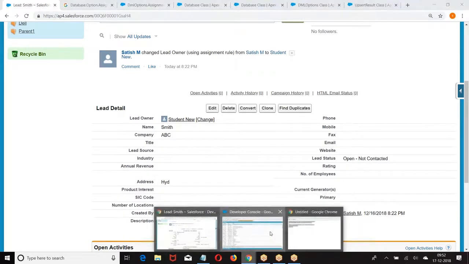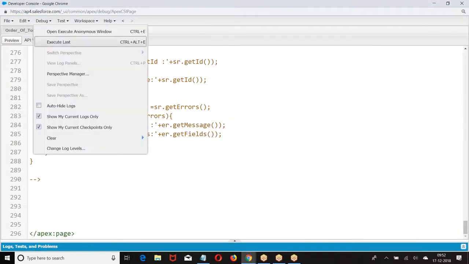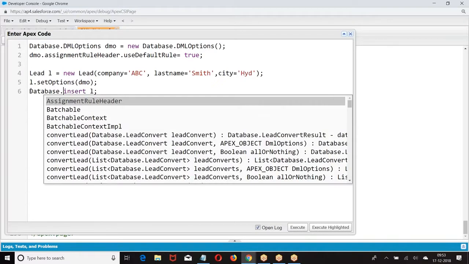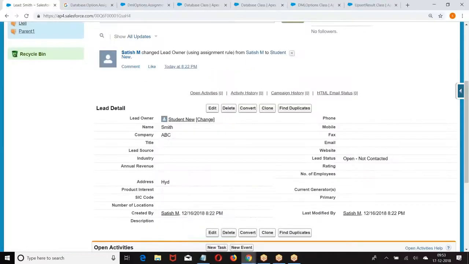The same story we can give as Database.insert lead L comma DMO. What is the option they're asking?